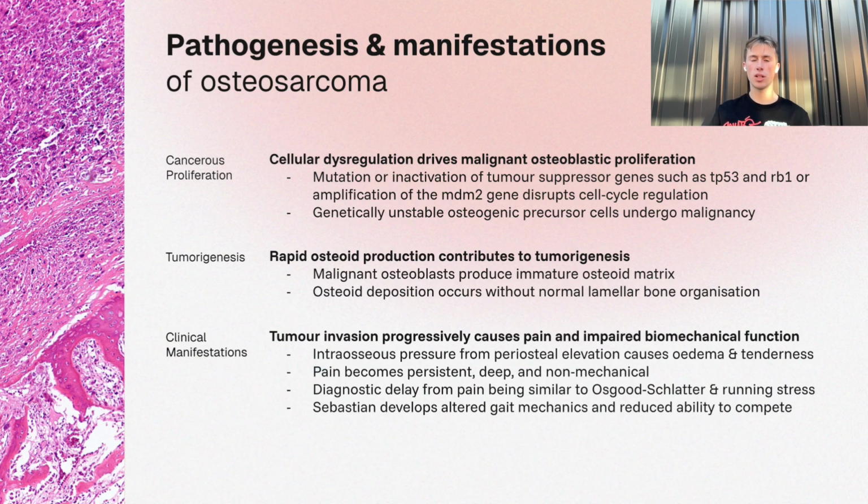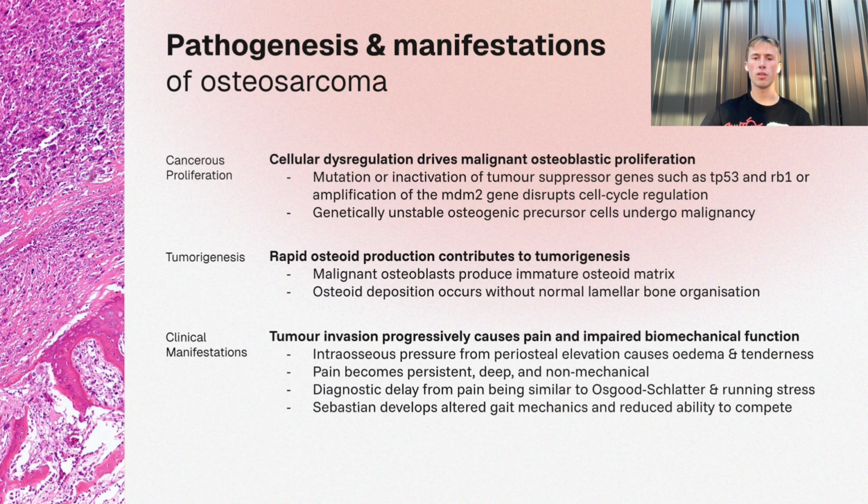In osteosarcoma, mutations involving the TP53 or RB1 genes, or, alternatively, amplification of the MDM2 gene, cause these processes to proliferate. The TP53 gene typically encodes the p53 protein, which induces cell cycle arrest, activates DNA repair synthesis, or initiates cell apoptosis if the damage is irreparable. In osteosarcoma, mutations or dysfunction within these tumor suppressor pathways impair the cell cycle control. Consequently, abnormal osteoblastic precursor cells are able to continue proliferating instead of undergoing apoptosis as they typically would.